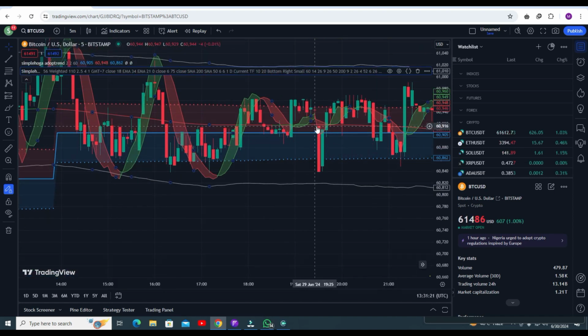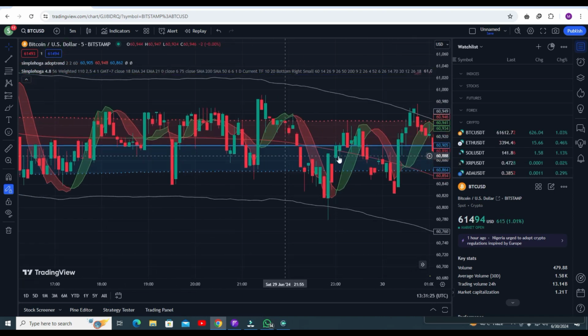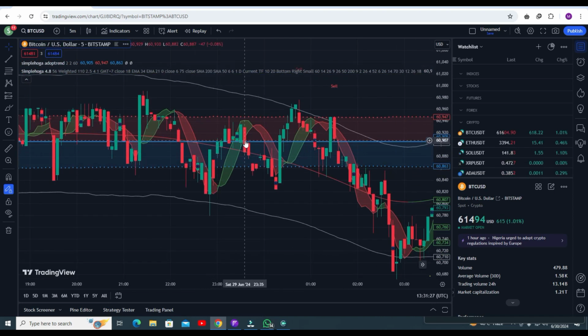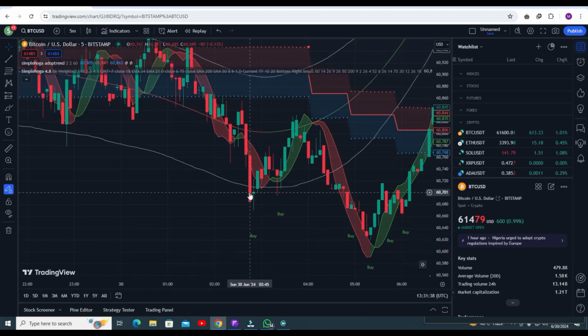If the trend line is above the upper band line and you got the sell signal, definitely you have to go for the sell trade. Let me show. You can see the trend line is above the upper middle band line, so you have to go for the sell trade. You can see you got the sell signal and you got awesome profit.